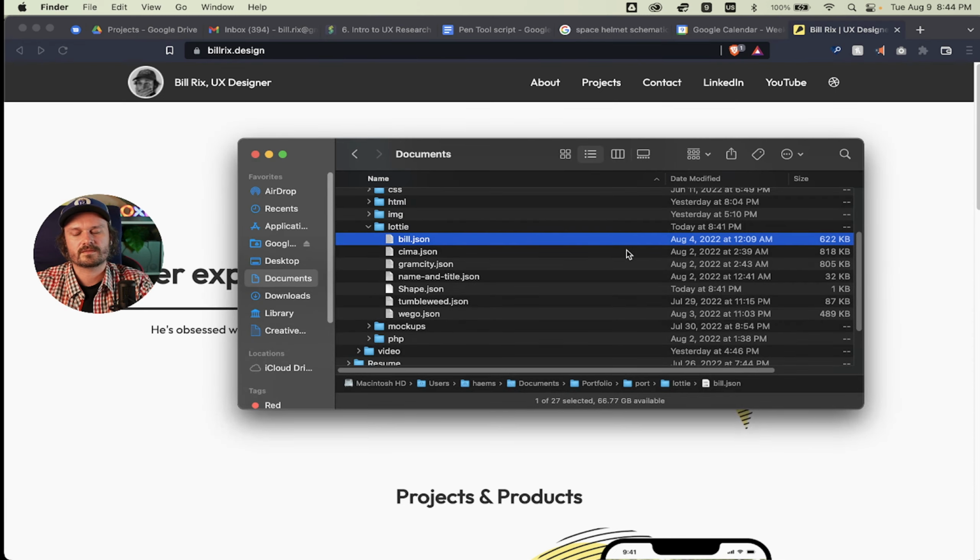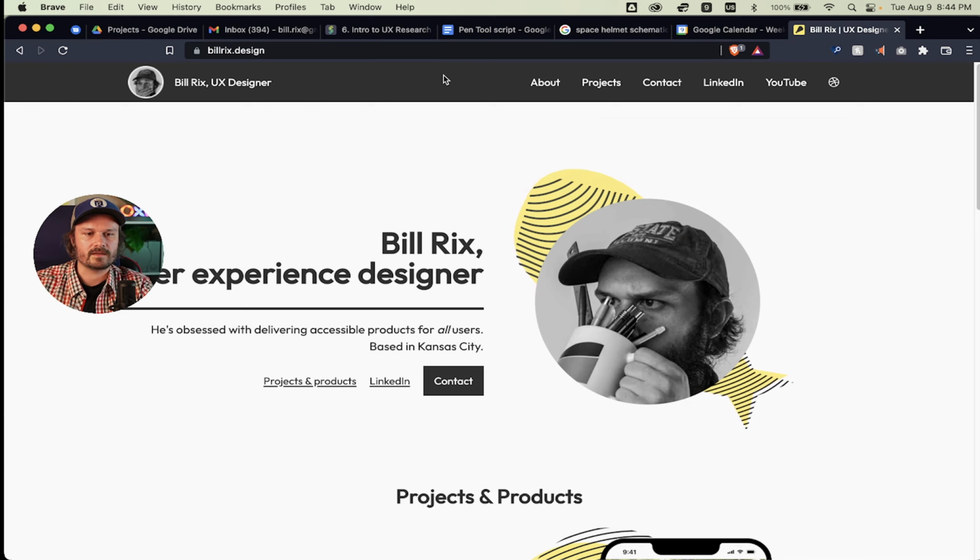And then, of course, what you do after that is going to depend on where you're going to put it, whether or not it's meant for handoff to developers, in which case you would point them toward the file. If you want to add this to your portfolio, what you would do is upload the .json or the .lottie file to a directory on your web host, or I don't really know how Webflow deals with that, or Squarespace or Wix, but you would upload the file or at least store it somewhere where you could point toward it. And then you would need to include